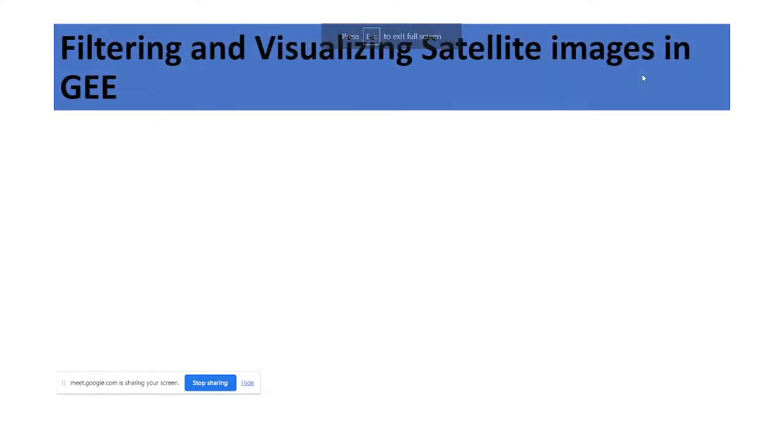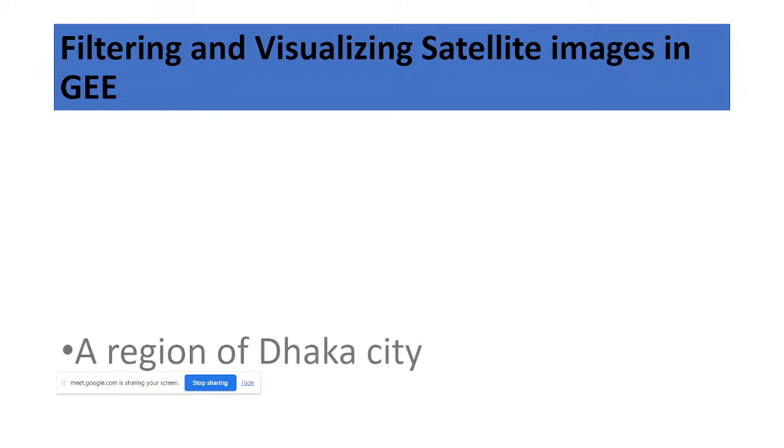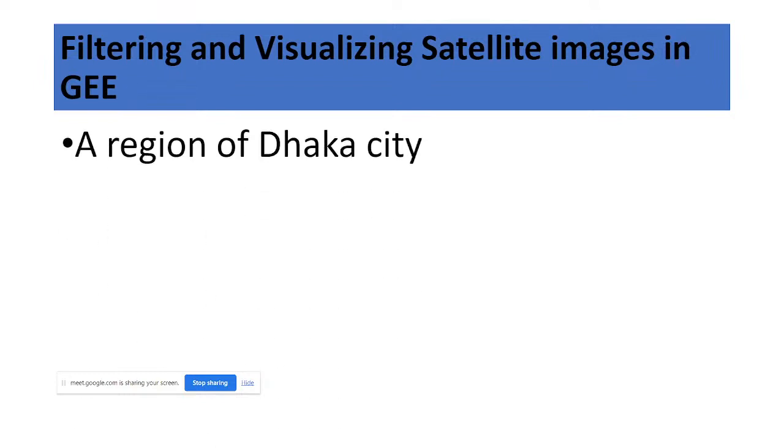So basically, filtering and visualizing satellite images, whether you use Landsat or Sentinel, follows the same approach. First of all, you have to filter your specific region. You select a specific region, just import your boundary shapefile, and then simply select your region. Suppose this time I need Sentinel-2 satellite imagery for Dhaka city. I choose my region. I can simply import my boundary shapefile in the Asset tab,